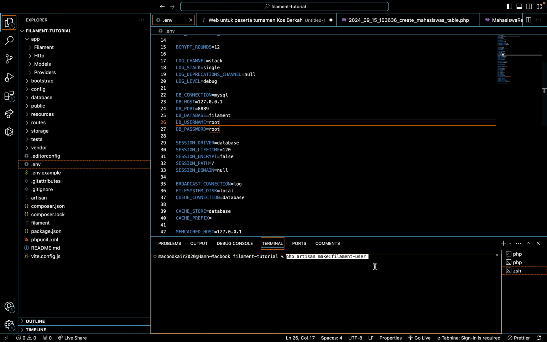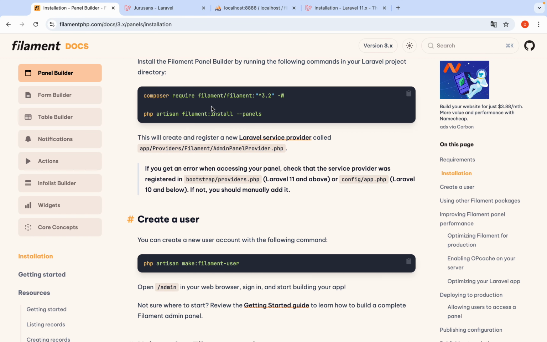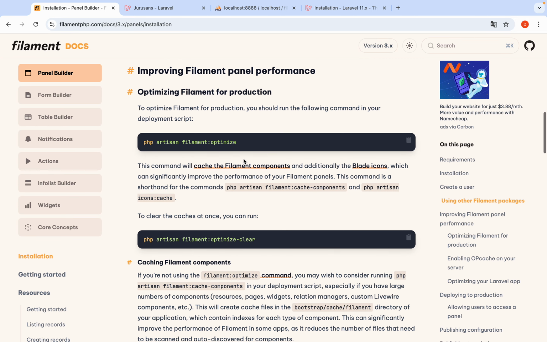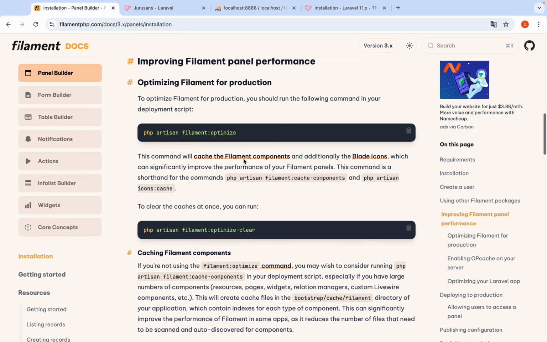After making the Filament user, we need to run php artisan migrate for connecting and loading Filament in this table.